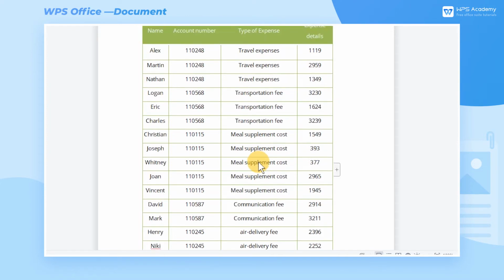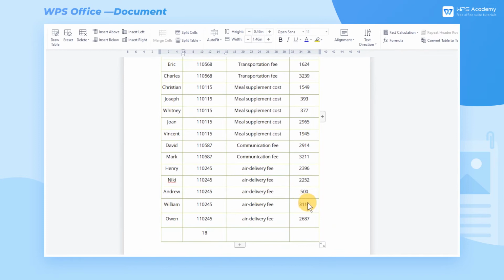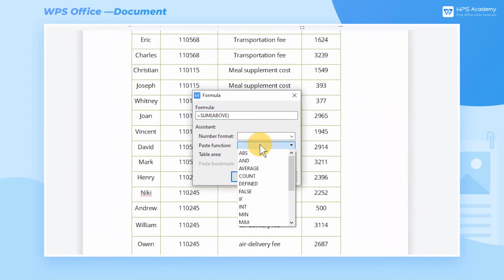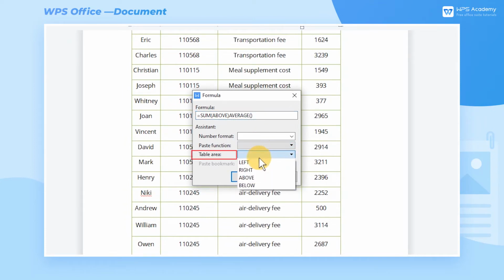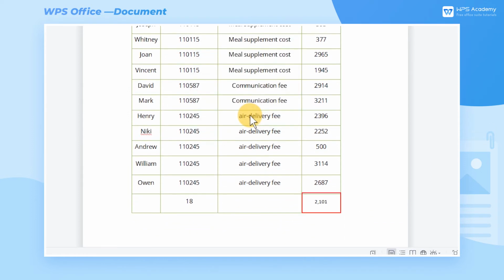Now, suppose that we want to calculate the average of expense details. Likewise, click the Formula button under the Table Tools tab. In Paste Function, choose the Average function and set Table Area as Above. In the Number Format area, we can choose from different formats as needed, such as the thousands separator, number, comma, number 0. Click OK to return the calculation result in the empty cell at the bottom of the Expense Details